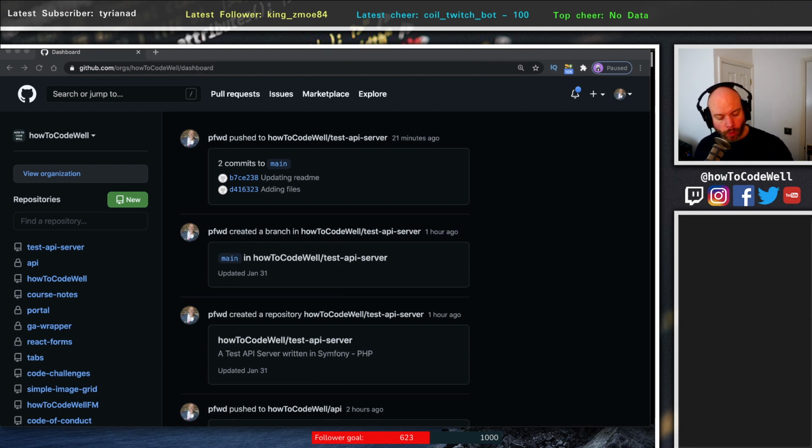I've tested all of the backend in terms of unit tests and even some integration tests, as to once I have a positive response from GitHub's API, to then sign the person up or log the person in to the backend of How to Code Well. So a lot of that's been tested. We've got 100% code coverage on that specific part. But that is based on the assumption that we have a positive response from GitHub,